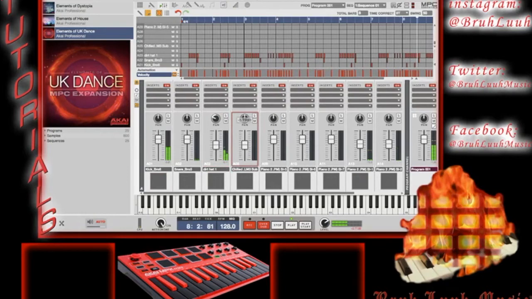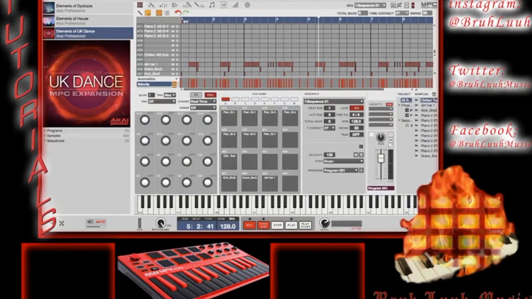Turn down my bass note so it flows with the beat. And I actually want to create a new kit, or I should say X group of bass notes. And so I'll need at least 4 bass notes to play. So what I'm going to do is take this bass note and copy it onto 3 more pads. And then I'll go into the program edit section